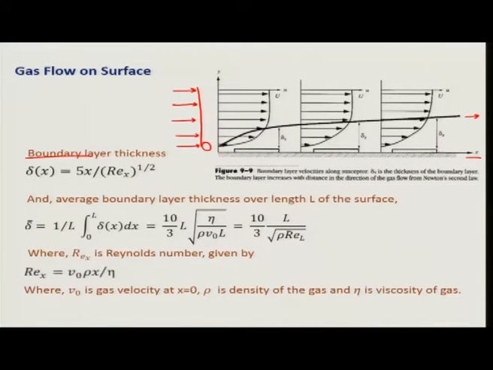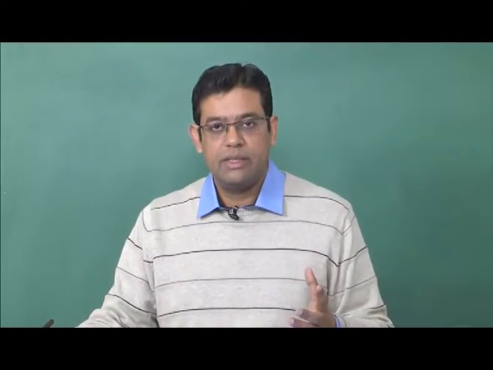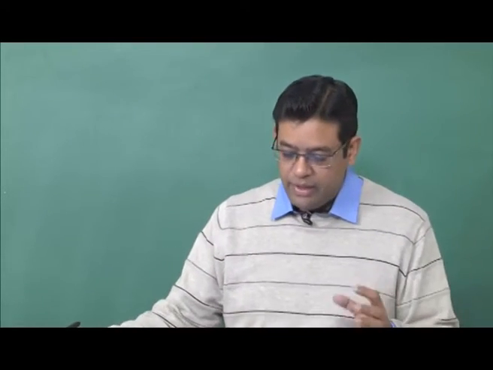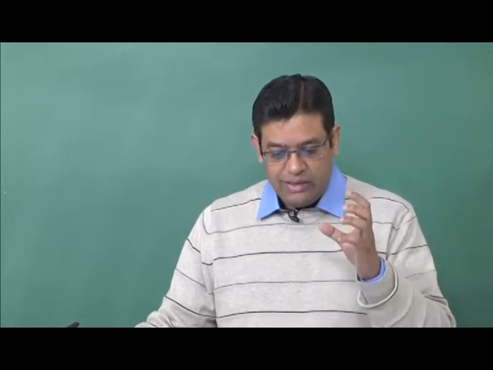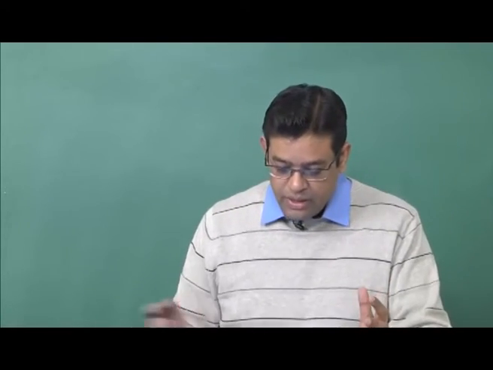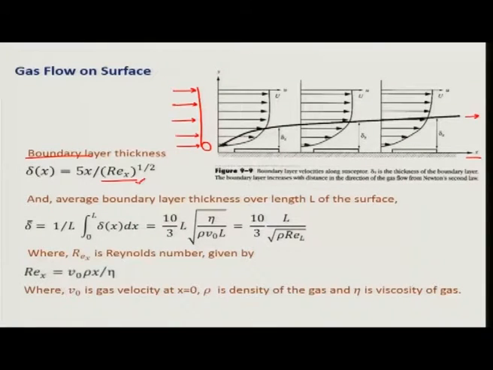Okay. So, after a certain distance this boundary layer fully develops. Initially the thickness of this boundary layer changes, but deep inside it remains constant. Okay. So, this boundary layer thickness depends on the Reynolds number of the gas flow. Okay. Gas flows can be described by many numbers. There are many numbers to describe gas flows in different regimes. Here we are using Reynolds number.